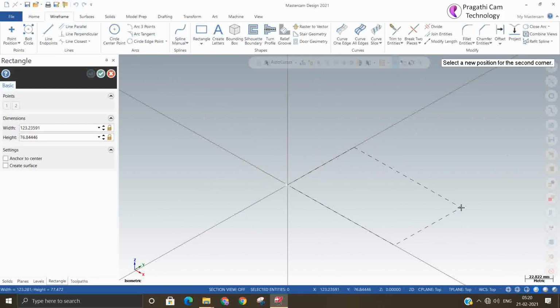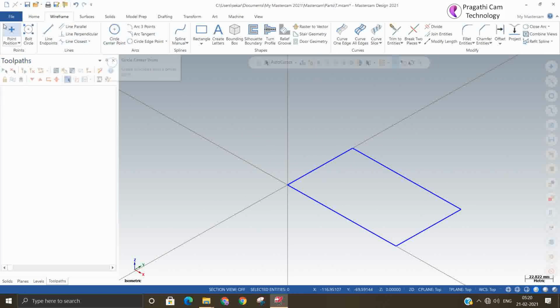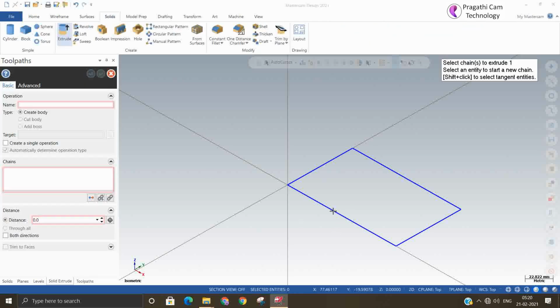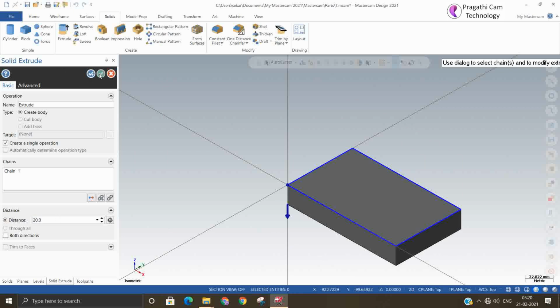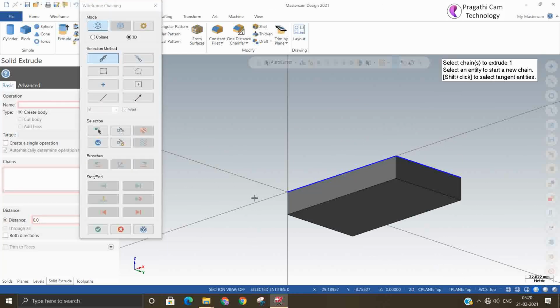One rectangle, and I will extrude it. Okay, we'll make it 20 mm, and one more rectangle. I just want to take the solid chain, but it is not allowing. What is the thing I have made? Let me understand. It's not accepting solid chain.